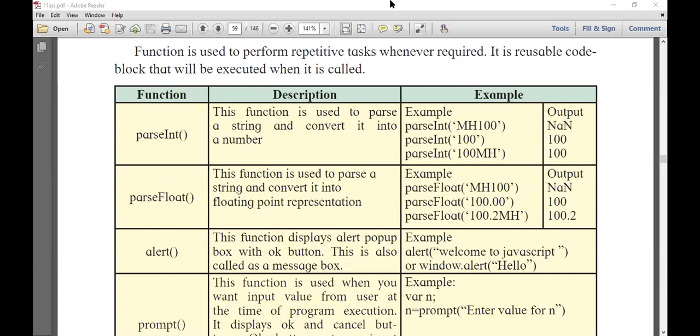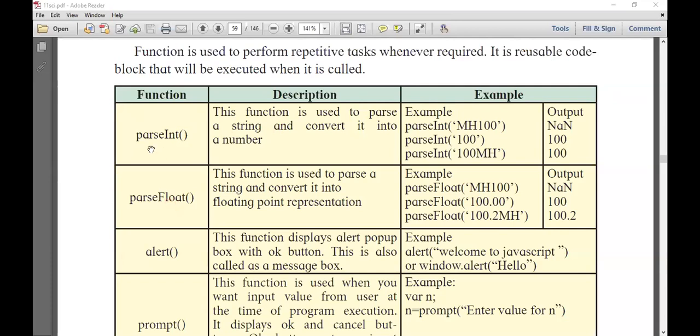The second function which we studied was parseFloat. The parseFloat function is used to convert any string value into a floating point value. A floating value is a value with a decimal point.